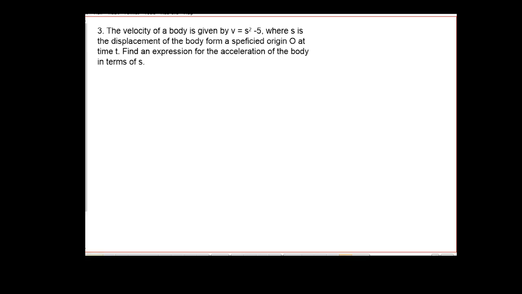Okay, welcome back. So how do we sort this problem out? First, we have the velocity. Velocity is given, all right? And remember, velocity is basically ds/dt, that is the derivative of displacement over time. And what I need now is to find an expression for the acceleration of the body in terms of s. Usually we do it in terms of t, but this time we want it in terms of s. So what is a? Well, a is the derivative of velocity with respect to time. But I don't really have time, so I cannot do that. So the next thing is dv/ds